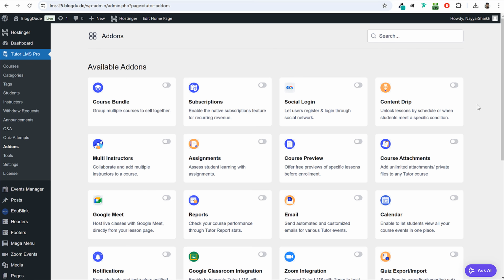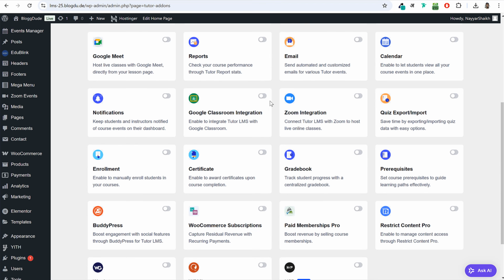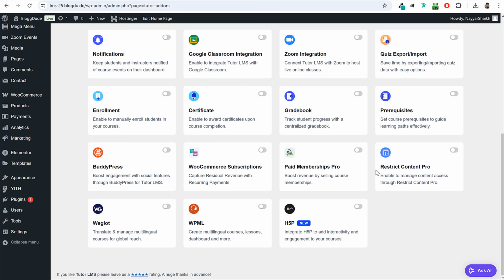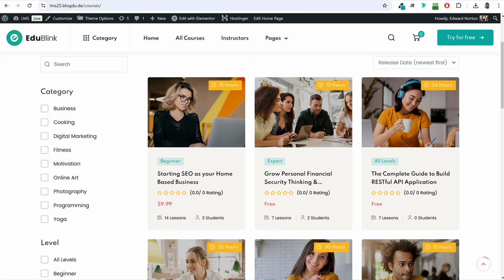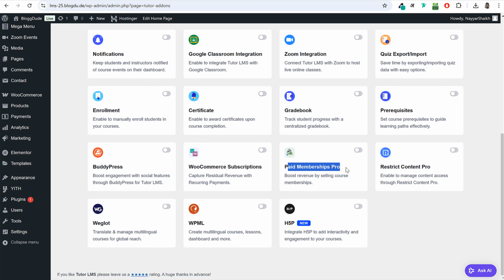So you can go to documentation. Basically, if you want to learn more about this thing, I just want to show you related to, let's see. You can also use Restrict Content Pro or Paid Memberships Pro. So if you don't want to sell single courses, if you want to sell a membership, like once you purchase this membership, you will get access to all the courses, then you can use the Paid Memberships Pro add-on and you can do that. Okay. Let me turn this on,